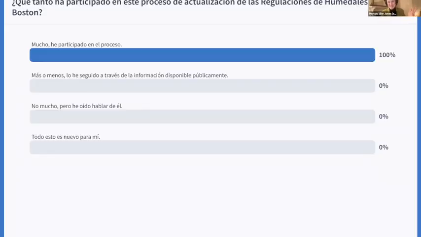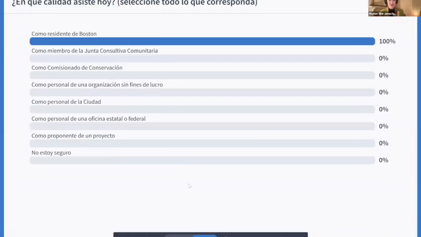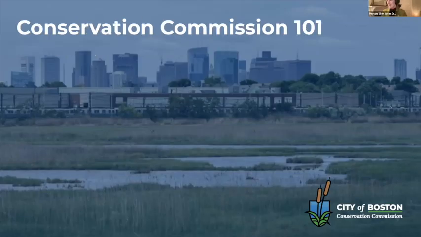Okay, so now that I know what this says, because I've seen the English, we have some Spanish speakers in the room who are very familiar with this process. That's awesome. I look forward to hearing what conversation takes place in the Spanish breakout room. And then if you can go back one question, Indamazia, because I didn't know what it said before. So this is the one about, what's your kind of role? How are you showing up? And so we have some residents of Boston who are Spanish speakers. So fantastic. Great. Thank you all for indulging the Poll Everywhere. It's so great to get a sense of who is in the room. I will start sharing my screen again.